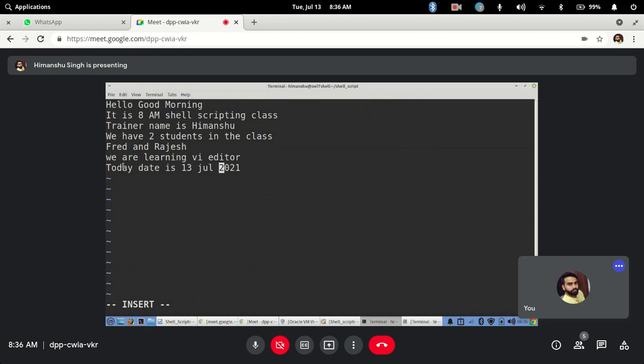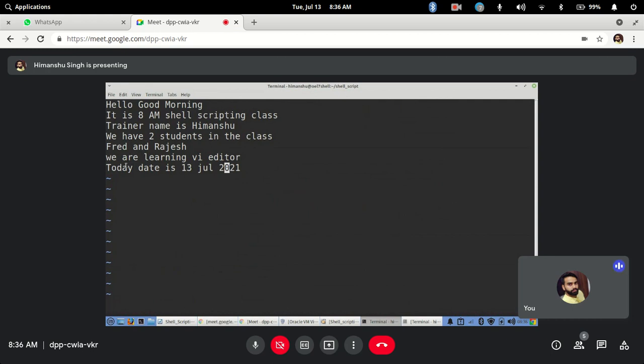Now I will press escape and come back to my command mode. Now let's say you want to insert at the beginning of this line, somewhere here before today, and currently my cursor is at 0. If I just press simple I, it will insert at the same location we have just seen, but I want to insert at the beginning.